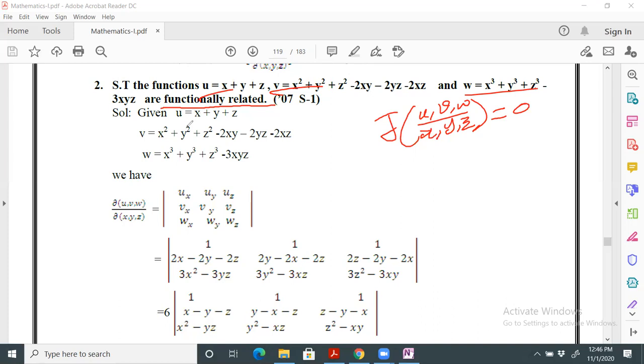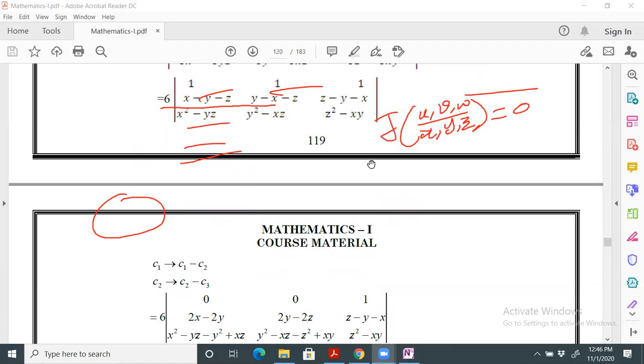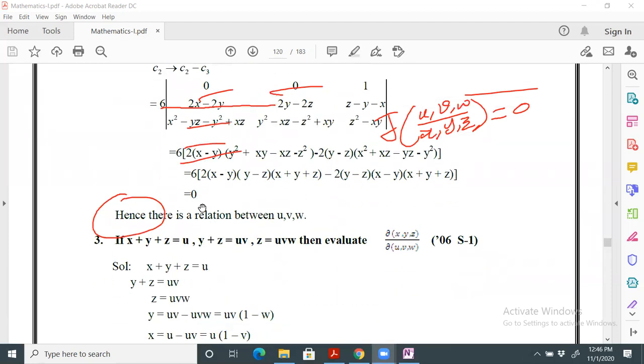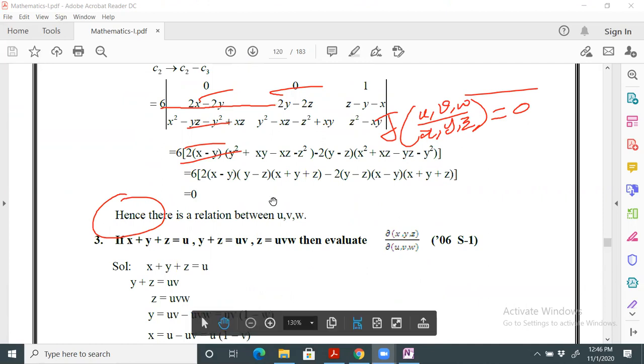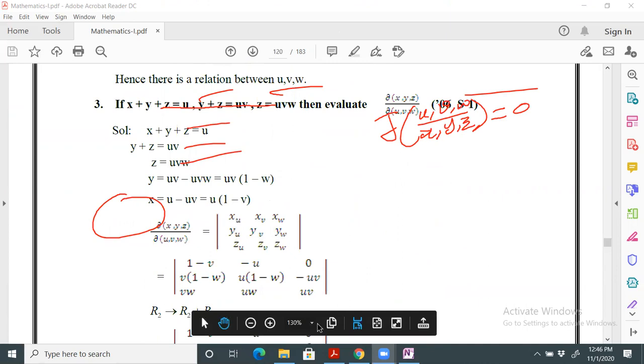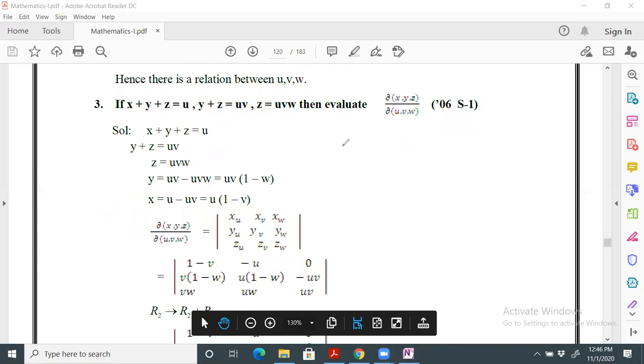So taking u, v, w and finding Jacobian of u, v, w with respect to x, y, z, find the determinant and see what comes. When we find the determinant, 0 came. Then we can say that they are functionally related. This is the concept. And one more problem, only a few points I'll explain here. The few points are here. Try to understand